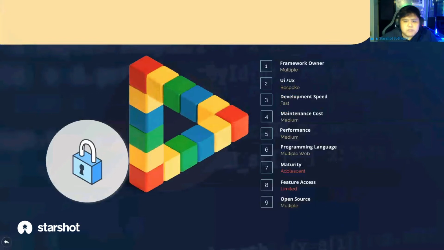One big improvement in using a progressive web app is the development speed. We don't need to write the code multiple times for different platforms, and that also reduces our maintenance costs. But we mark maintenance costs as a medium because if we ever need to refresh the UI, that UI is bespoke. We'll have to write that all ourselves, and so that is one risk, just like with an Apple